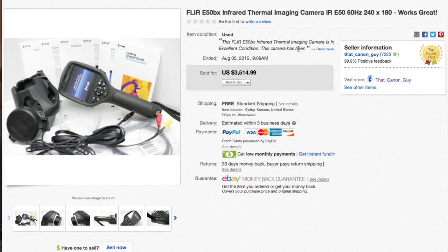This is a FLIR E50BX infrared thermal imaging camera. We picked this up along with a few other like items for $1,150. We sold both of the like items, one for a couple $100 and one for $30 or $40 or $50. This sold to a middleman, somebody who will take this and recalibrate it, for